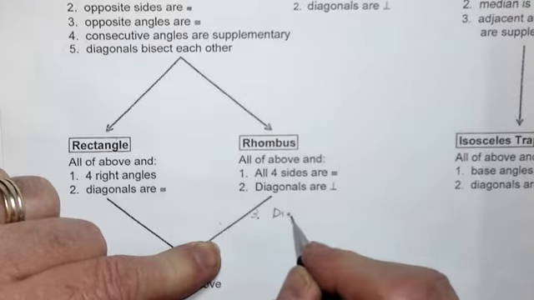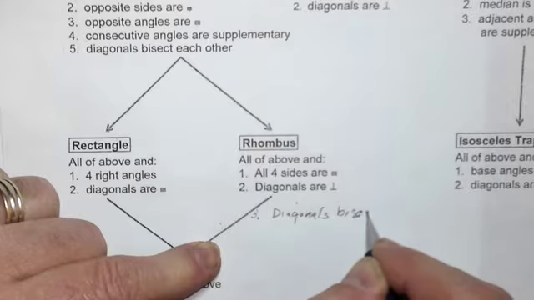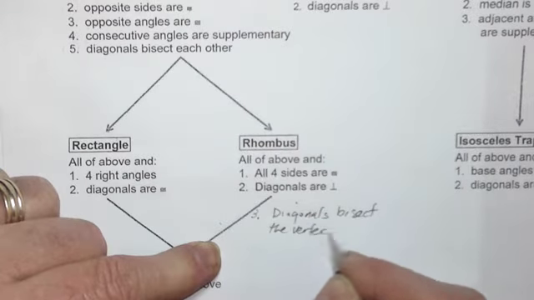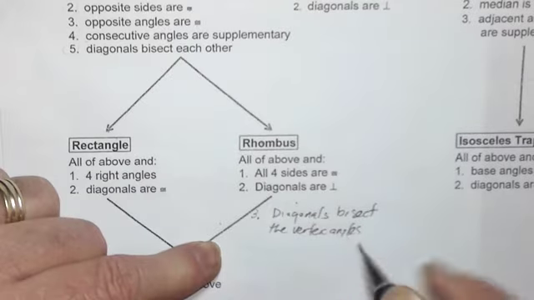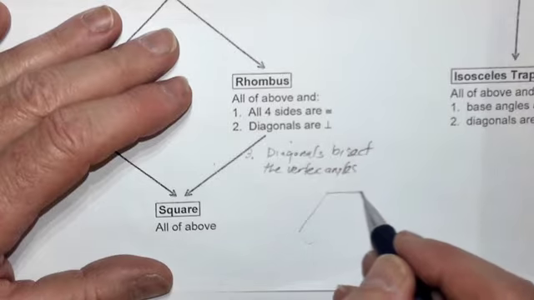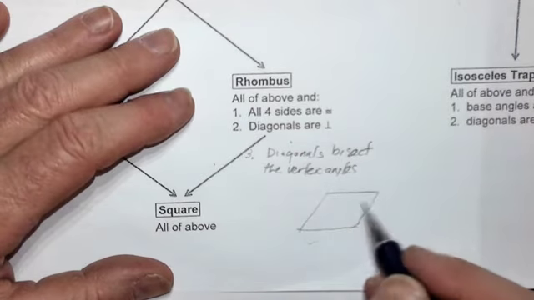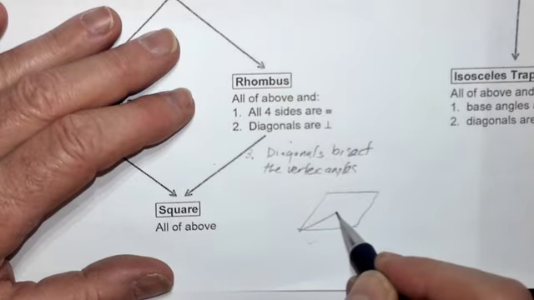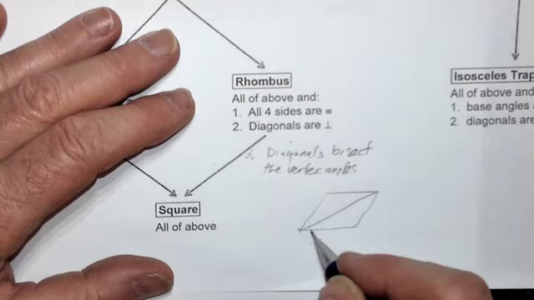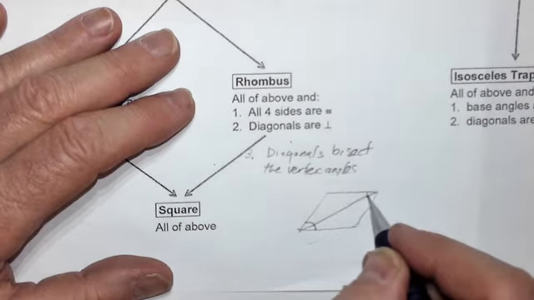The diagonals bisect the vertex angles. And what I mean by that is that if you have a rhombus drawn like that, so assume that's a rhombus, and I were to draw this diagonal across here, what it does is it bisects this angle so that this angle is congruent to this one, and this angle is congruent to